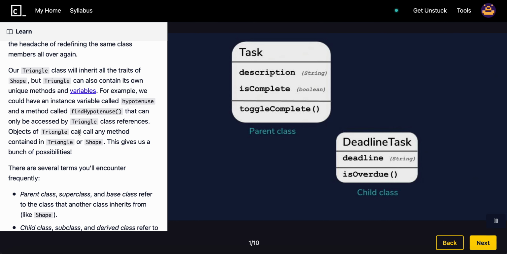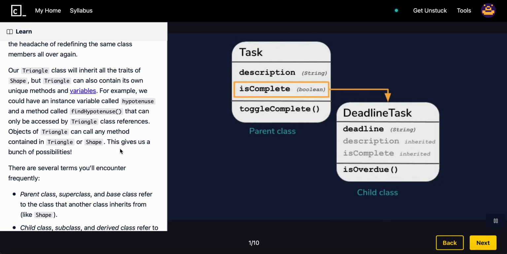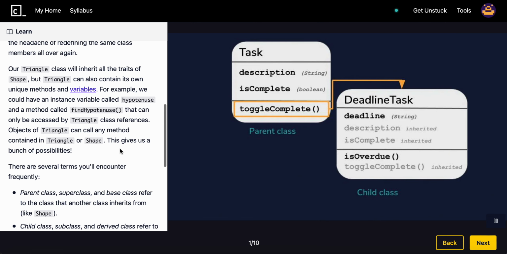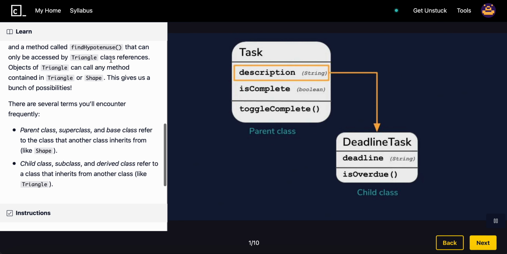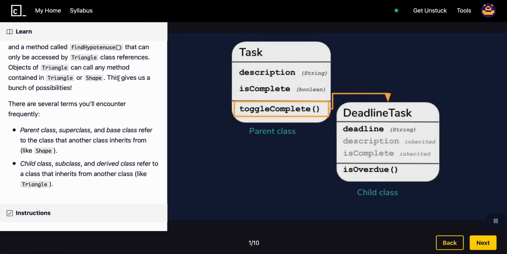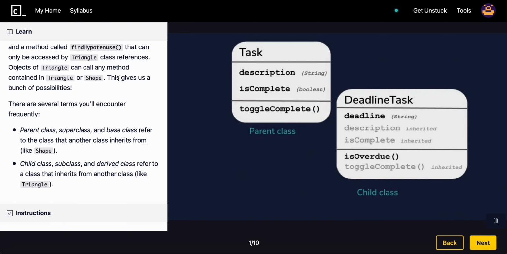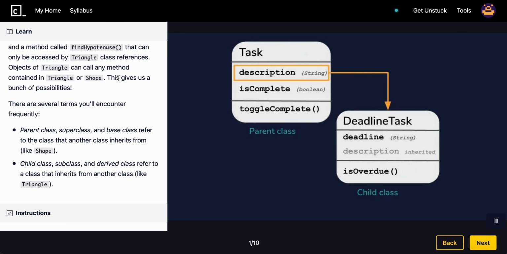Objects of the triangle can call any method contained in triangle or shape. This gives us a bunch of possibilities. Now here are several terms you'll encounter frequently. Parent class, superclass, and base class refer to the class that another class inherits from. So for example,